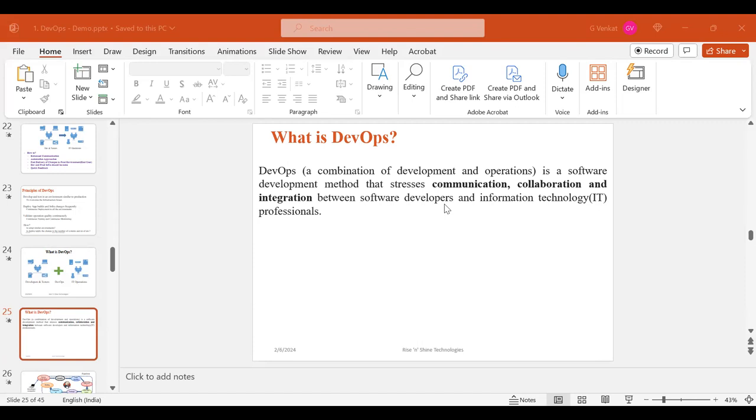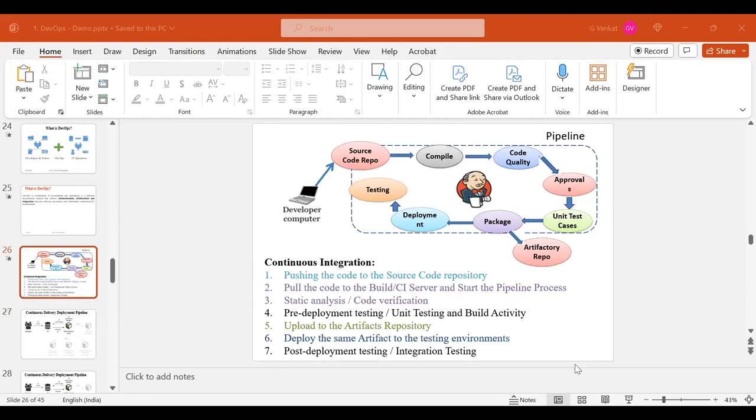Yeah, so as we are understanding, DevOps is not the tool, DevOps is the process model. It helps enhance communication, collaboration, and integration between the developers as well as operation engineers. That is administrators, network administrators, system administrators, middleware administrators, database administrators. So for all the teams, the coordination is very, very important. Yeah, so this was the thing that we were understanding yesterday.